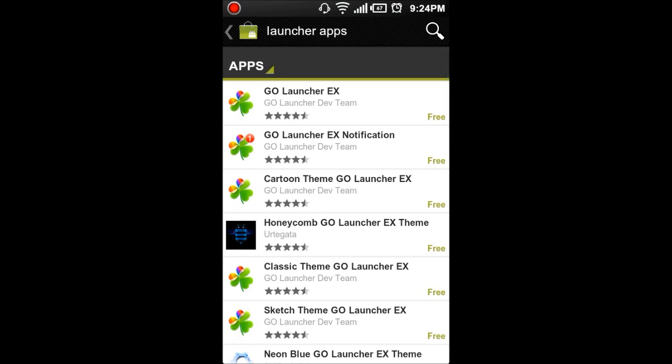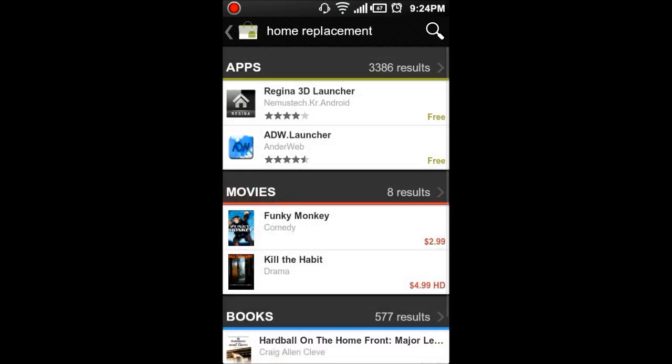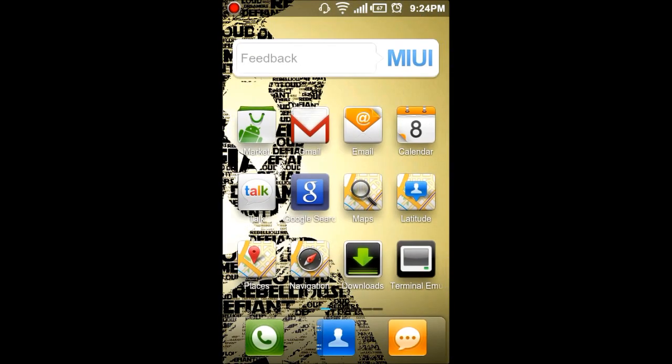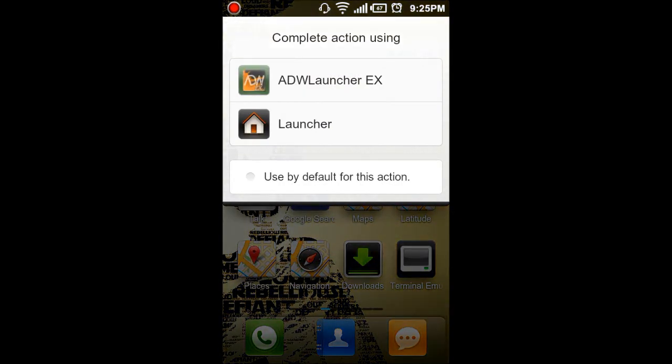So basically, all you do is download one and then install it. And then the next time you hit your home button, like I'm going to do now, the Android phone is going to say, we had this conversation already, right? If there's more than one app that can do the same thing, it's going to ask you which app you want to use. So since I have the launcher, the basic launcher that this ROM comes with,